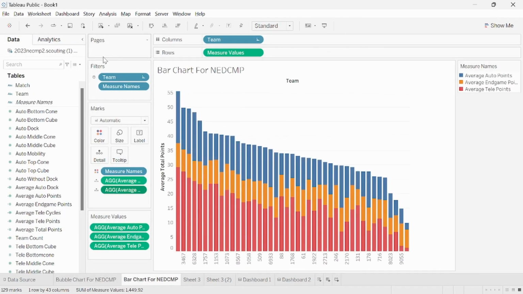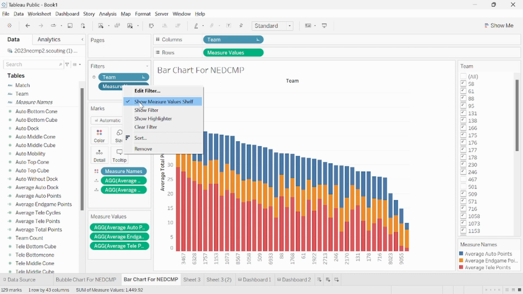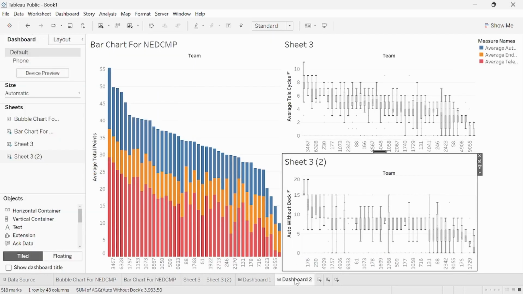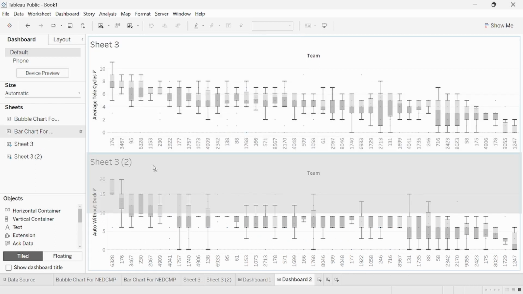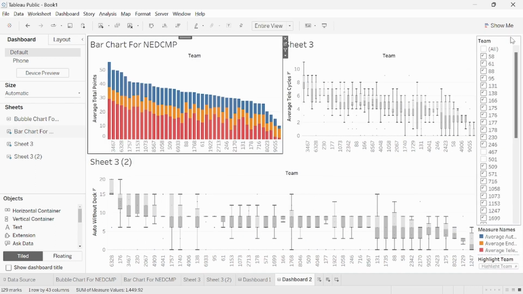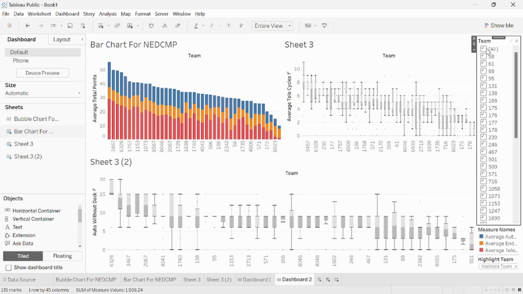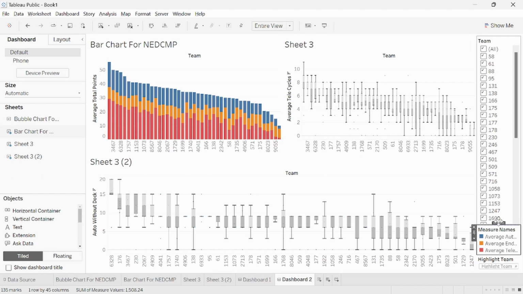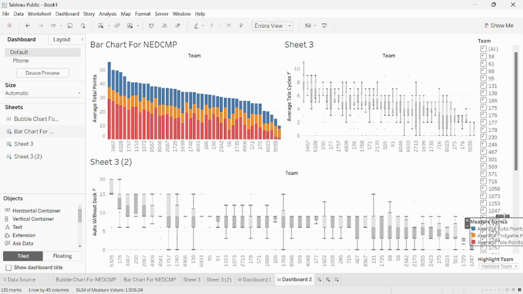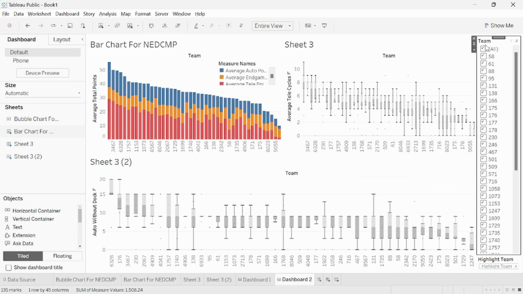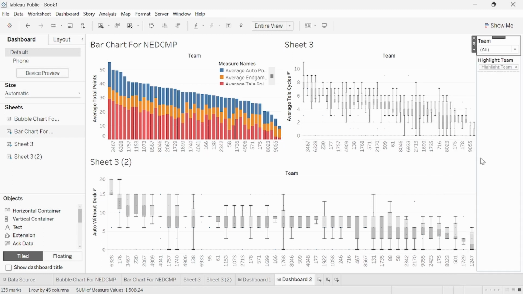But you can just click Show Filter, Show Highlighter, and then if we reset this dash page for a second and pull this back up, all the stuff will show back up here. You just have to reformat it. And if you think that this measure names legend is quite annoying, you can right-click it to floating, drag it over here, resize it however you want, and now we have a much cleaner looking